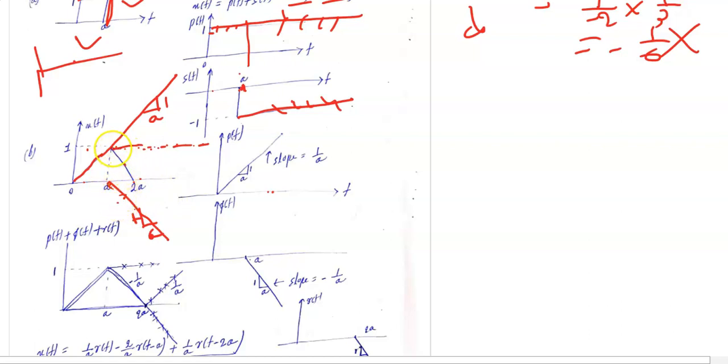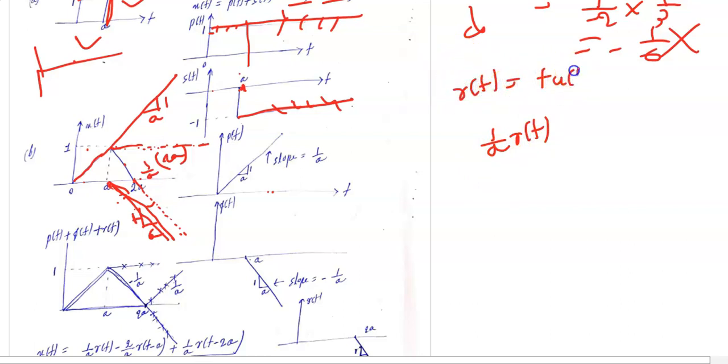When I launch minus twice of 1 upon a here, it gets cancelled and it comes here, that is 1 upon a. Then again I have to launch 1 upon a at 2a. So finally I have 1 upon a r(t). What is r(t)? r(t) is your t u(t). Then I launch twice of 1 upon a to get this line,